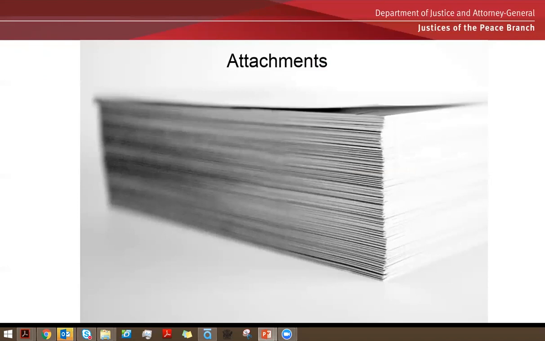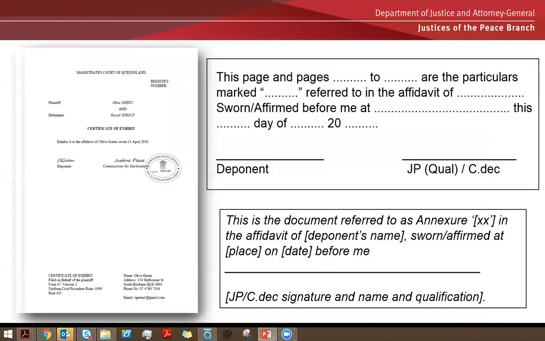And we're going to talk about what is the difference between those two. Okay, so under the Uniform Civil Procedure Rules, a document or attachment mentioned in an affidavit is referred to as an exhibit. And an exhibit to an affidavit must have a letter or other identifying mark on it. Okay, and it also has to have a certificate in the approved form.